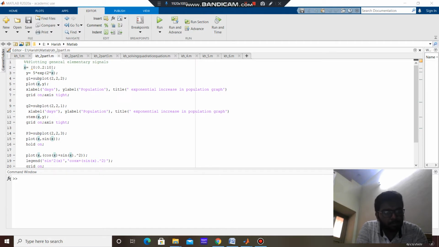And coming to the subplot, it generally divides the figure space into rows and columns. In this it is dividing into 2 rows and 2 columns, and this one indicates the figure number, that means this function is shown as the first figure in the plot window. And then coming to the stem function generally